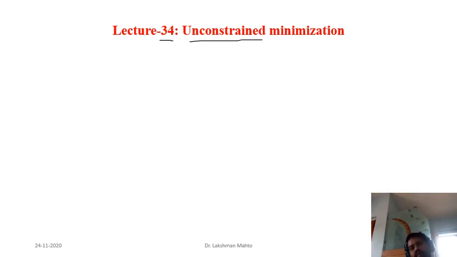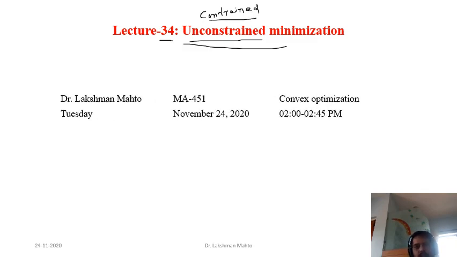Even if you are having a constrained problem, then all these methods also have extensions for constrained problems as well. What you do there, in place of gradient descent, you can apply projected gradient descent technique. The projected concept I had already discussed in detail in initial lectures, so there would be no issue. So I won't discuss projected gradient descent, and I also won't go into detail regarding solving constrained minimization problems using some algorithm. I will focus only on unconstrained minimization problems.